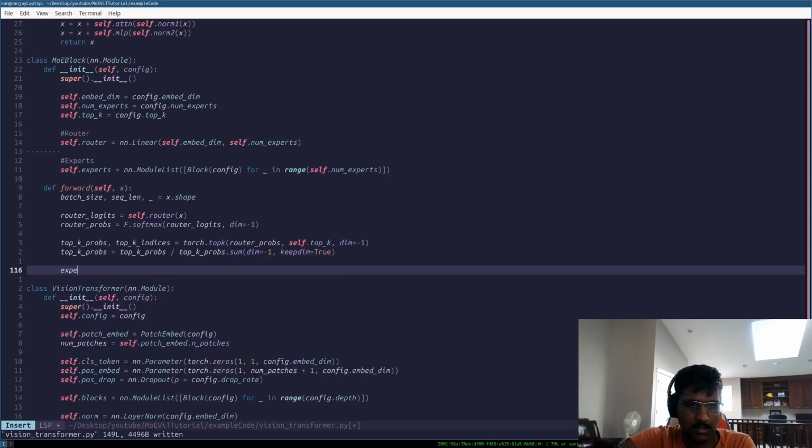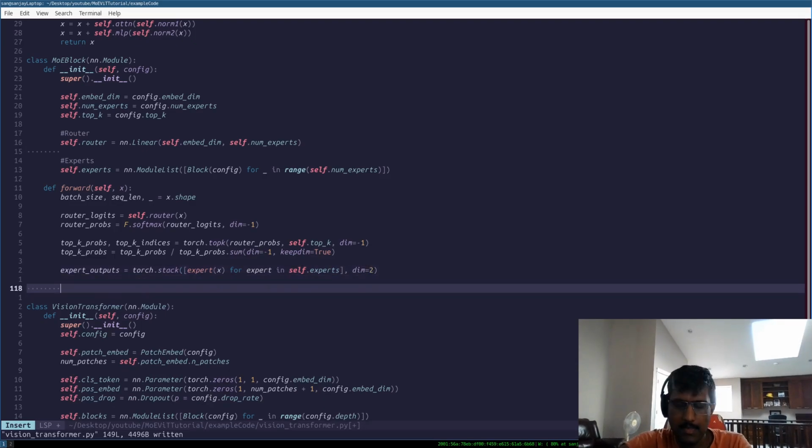Next, we're going to calculate the expert outputs, and we're not actually going to be avoiding calculating the experts that we don't use here, but that's an optimization you can make later. So torch.stack, and then we're just going to do expert x for expert in self.experts, and then again we're going to set the dimension, so the dimension equals 2, and then we're going to actually